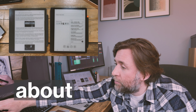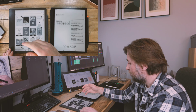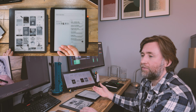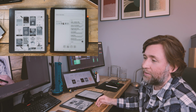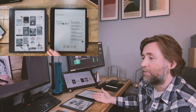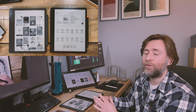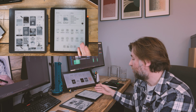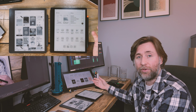So some conclusions about reading then. Firstly, cost versus benefit. The best reader out of all these we've looked at is undoubtedly the Scribe. Just for reading, the Scribe is an absolutely fantastic tablet. It's the only one with a 300 dot per inch screen, and I haven't really talked about that in this particular comparison, but that is really important to mention about the Kindle Scribe. It's the latest technology from E-ink, and most people think that they have like an exclusive deal on that. I'm sure we'll see 300 dots per inch screens from the other manufacturers. I just think it's a matter of time, and I'm sure Boox will do a fantastic job with that 300 dot per inch